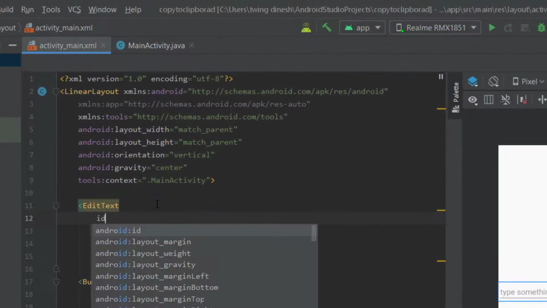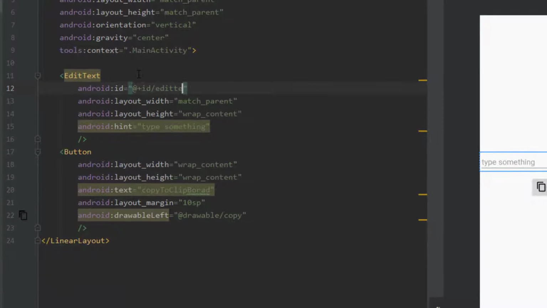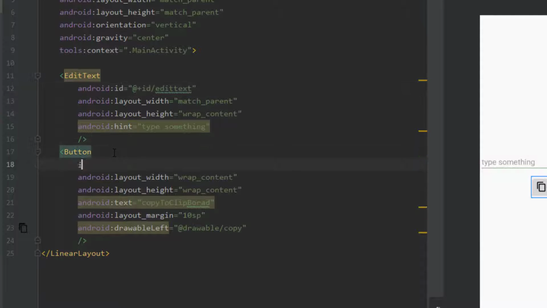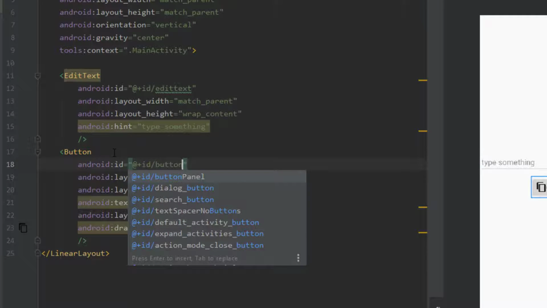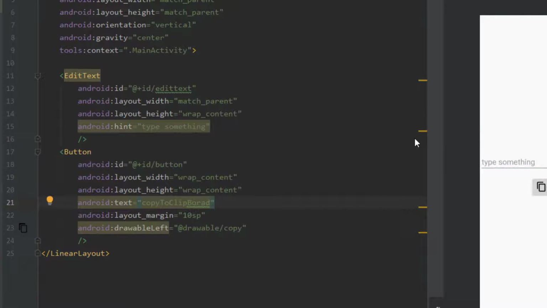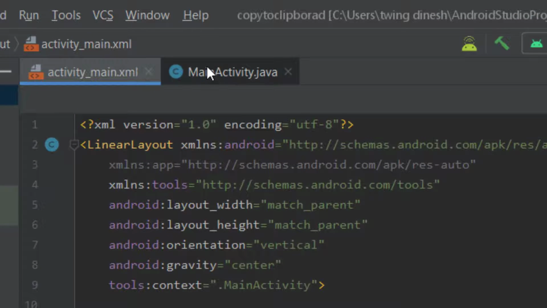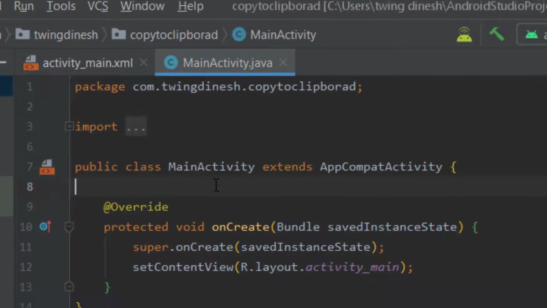Let me create an ID for both the edit text and button. The ID is edit text for the edit text, and similarly for the button. Perfect, so let's move on to the Java file.